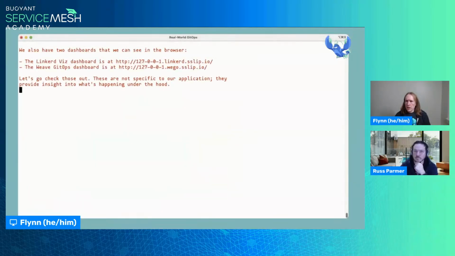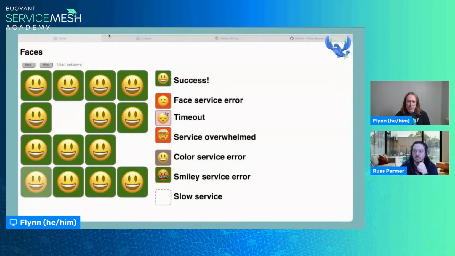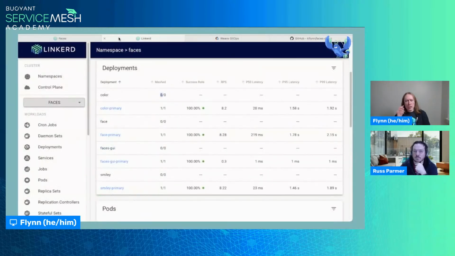Also, I have a couple other dashboards. The first one is the Linkerd Viz dashboard, and the second one is the Weave GitOps dashboard. These are not specific to the application, but they give us a bunch of information about whatever application you're running. In this particular case, with the Linkerd Viz dashboard, I'm looking at the faces namespace in particular, and so I